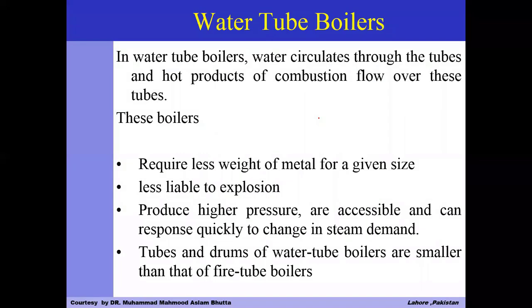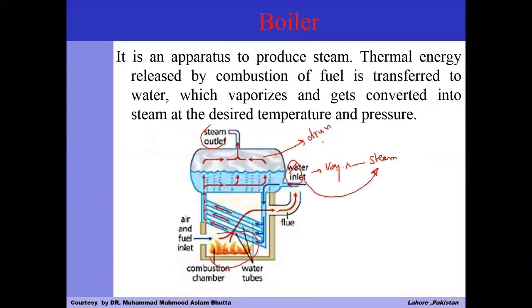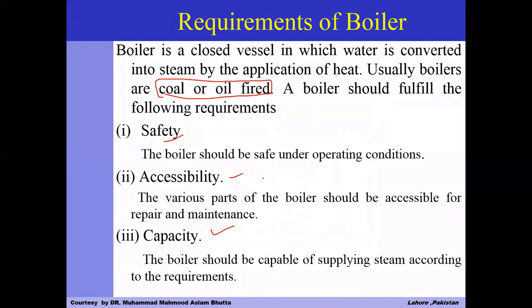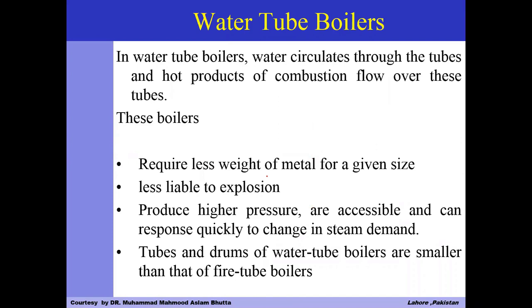The water tube boiler is a kind of boiler where the water is heated inside the tubes and hot gases surround them. If you can see the first figure, there are tubes inside the boiler, so the water is inside the tubes and the hot gases surround them. This boiler is exactly the opposite of the fire tube boiler, where the hot gases pass through the tubes which are surrounded by the water. The boilers in our house, like geysers, are fire tube boilers.